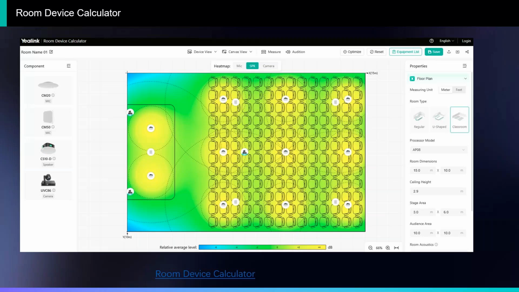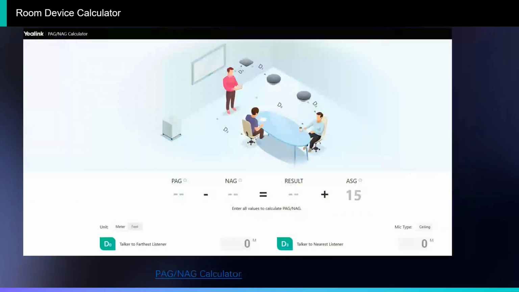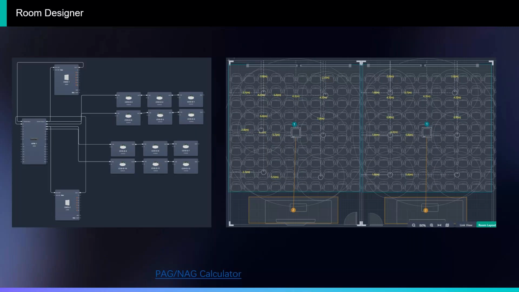You will get the link when you get the slides. There is also a PHE NHE calculator, that literally calculates the audio from the people who are actually speaking and the distance to the microphone from that perspective. That can all be calculated as well. Now, to configure those rooms, you have a software,